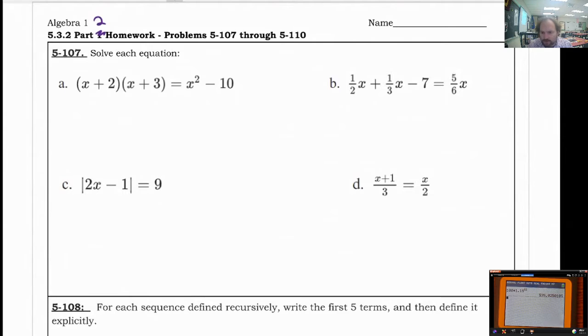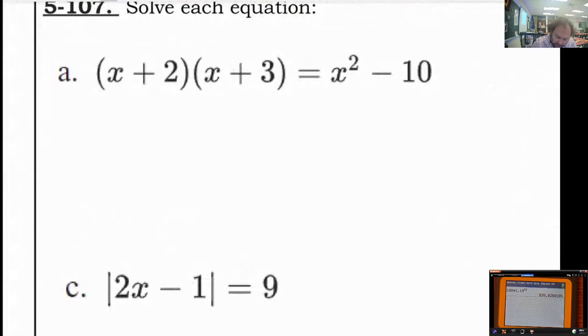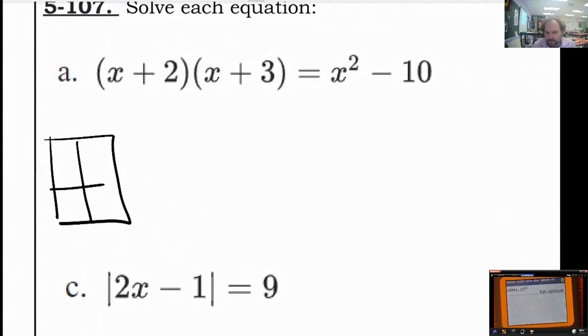All of these are review of former types of equations that we've solved before. For question A, what we're going to want to do is bust out your old generic rectangle tool. Or if you like, you don't need this. You could just multiply and you know how to do it, but we have x plus 2 and x plus 3 that we're multiplying, and if you multiply them together, you get x squared, you get 6, you get 2x, and you get 3x. If you add all that together, you get x squared plus 5x plus 6, which equals